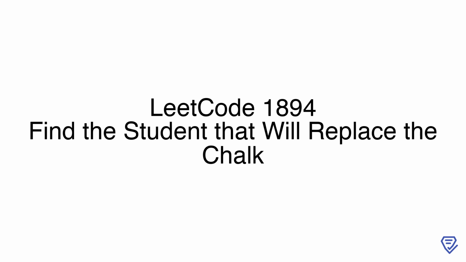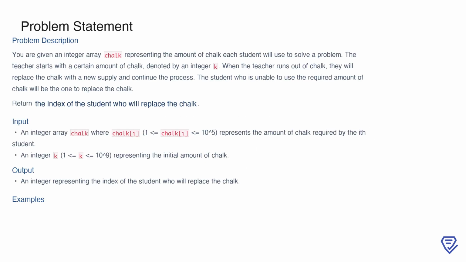Today, we'll be diving into LeetCode problem number 1894, titled Find the Student That Will Replace the Chalk. In this problem, we'll explore how to efficiently determine which student will run out of chalk during a repeated subtraction process. Let's get started. The problem is about determining which student will be responsible for replacing the chalk when the